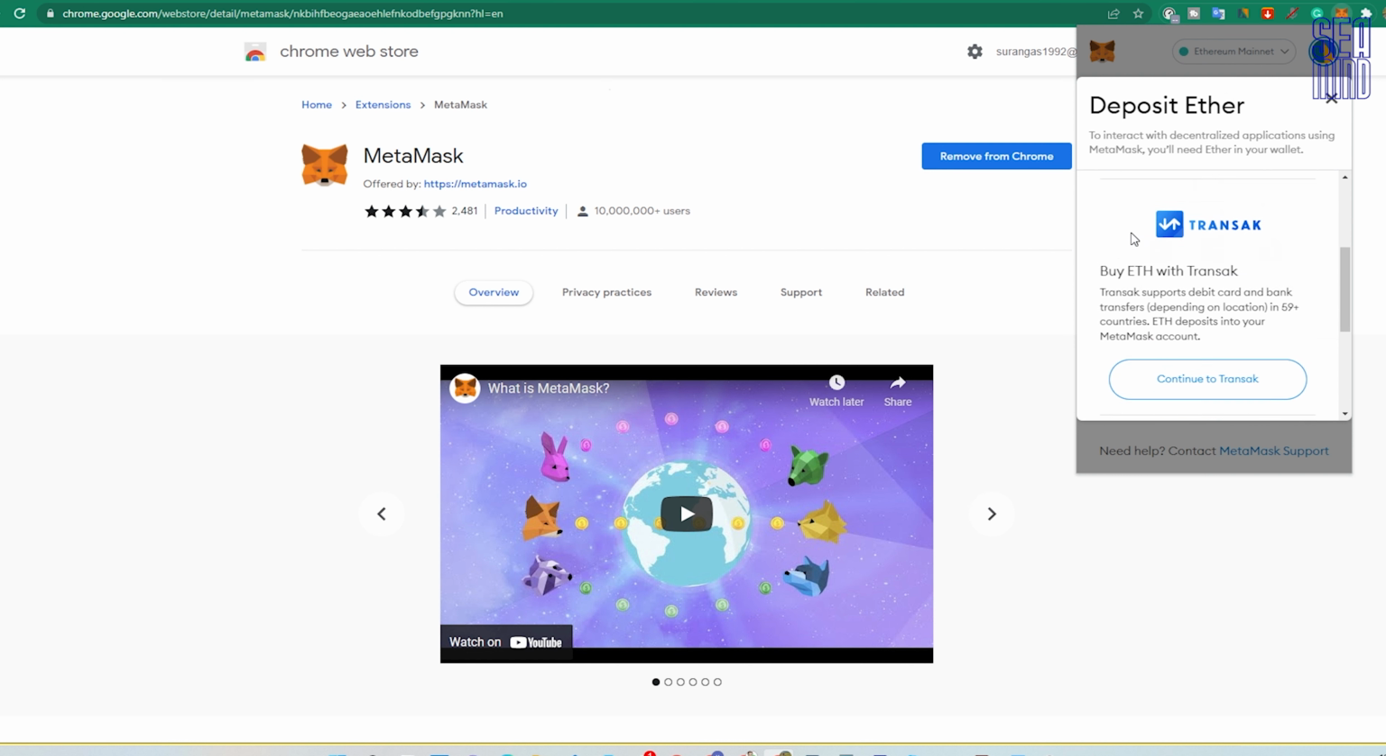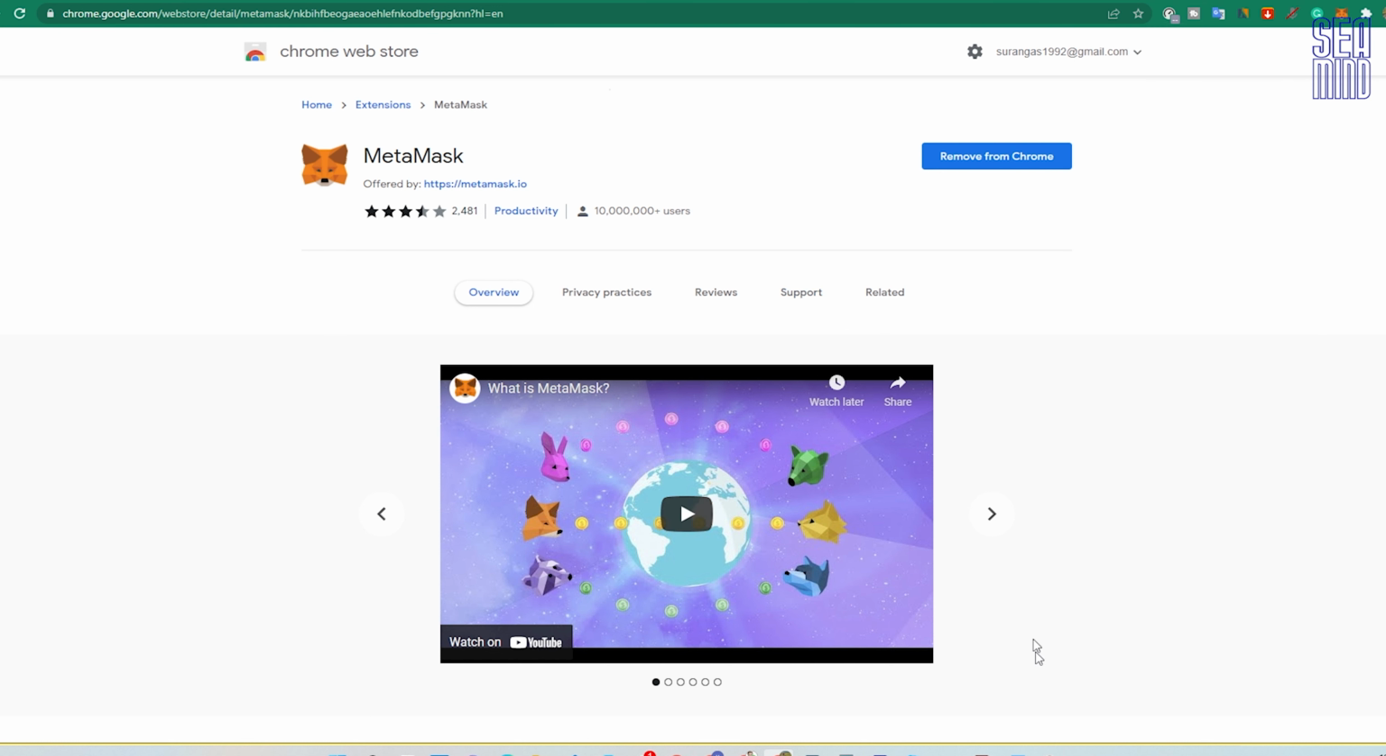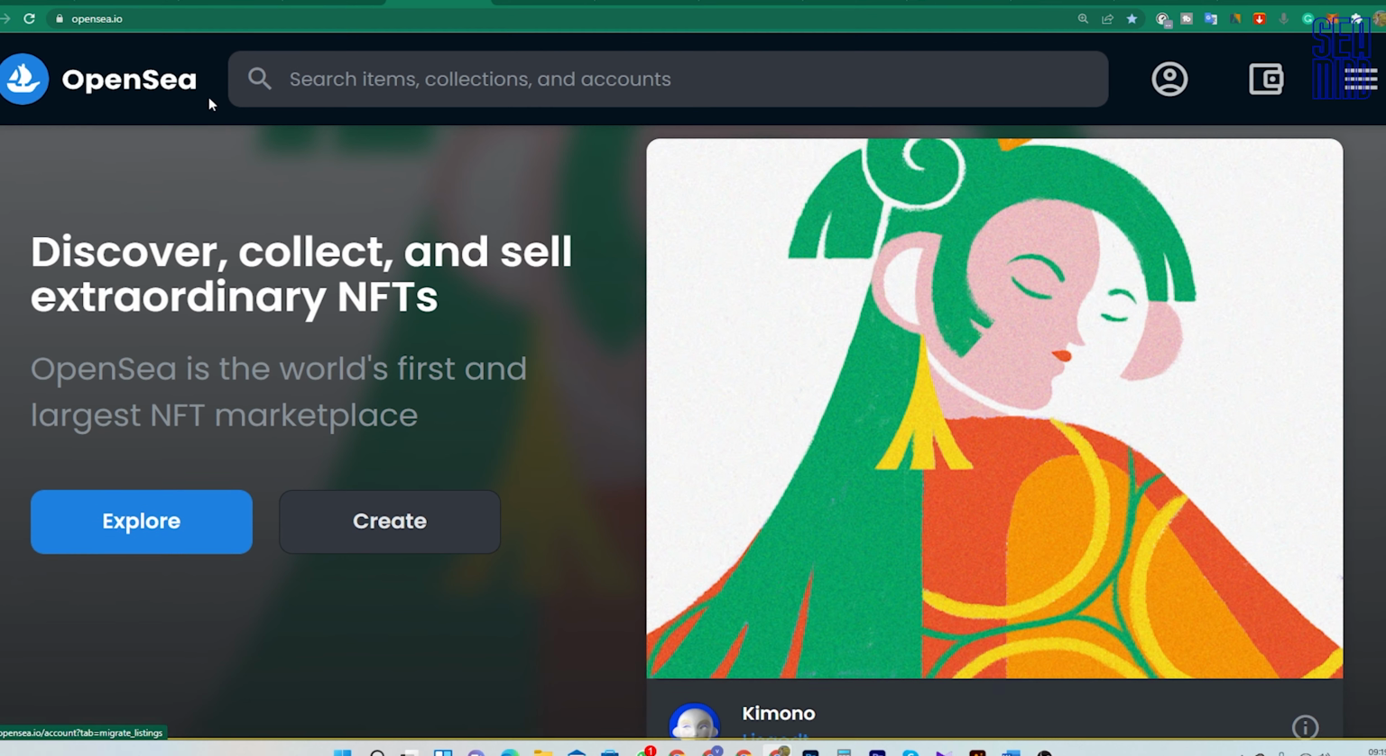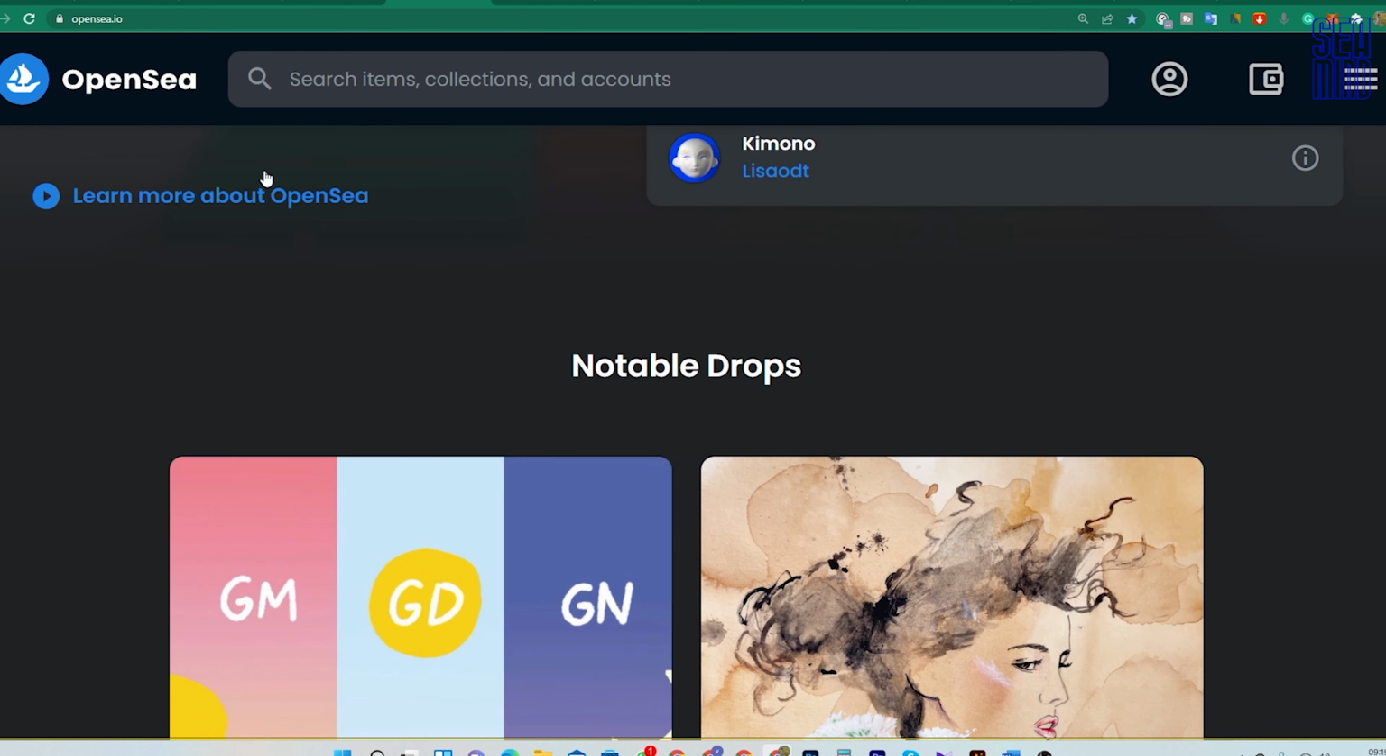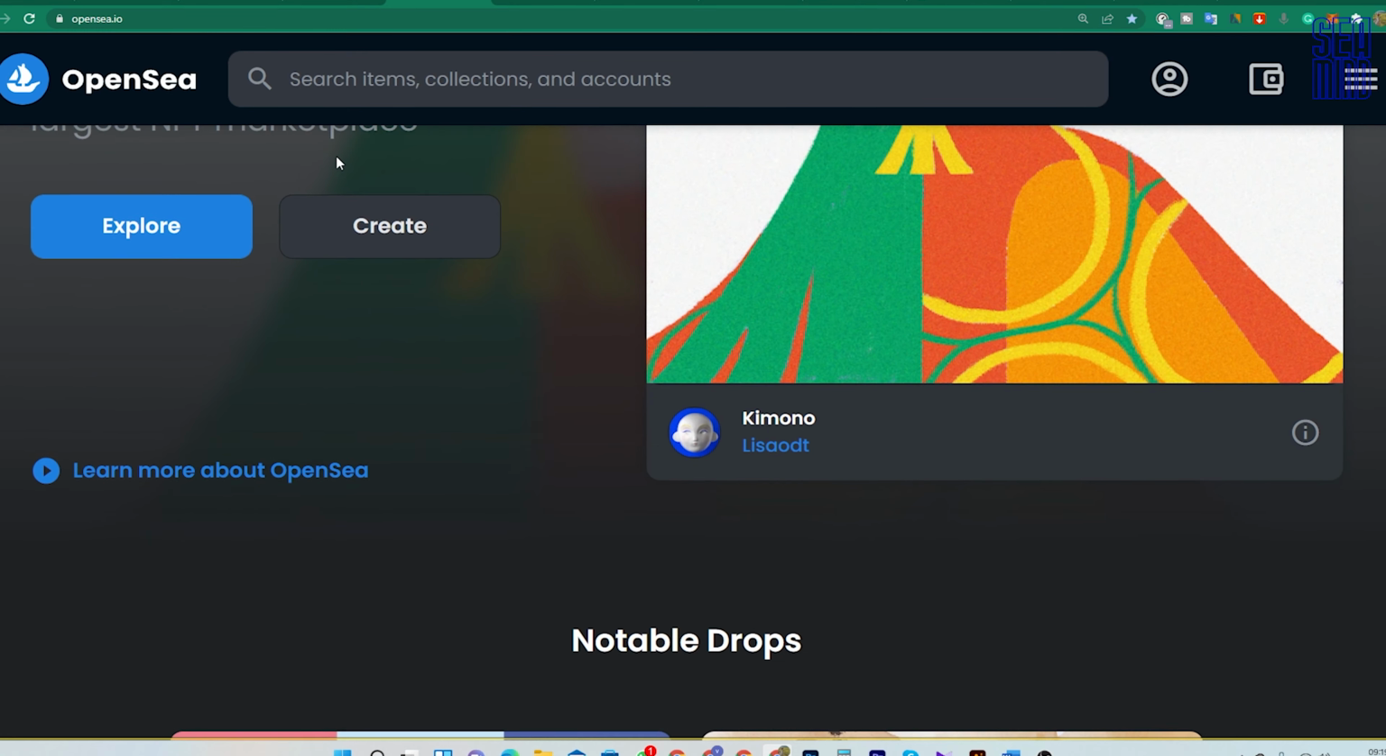Or you could buy directly on your wallet by connecting a wire here or transact if you'd like. Now the next step, once you've got minimal setup, is you want to go to OpenSea. So what we want to do is create an account. Your account will look like this, you won't have any NFTs, and now this is just an account